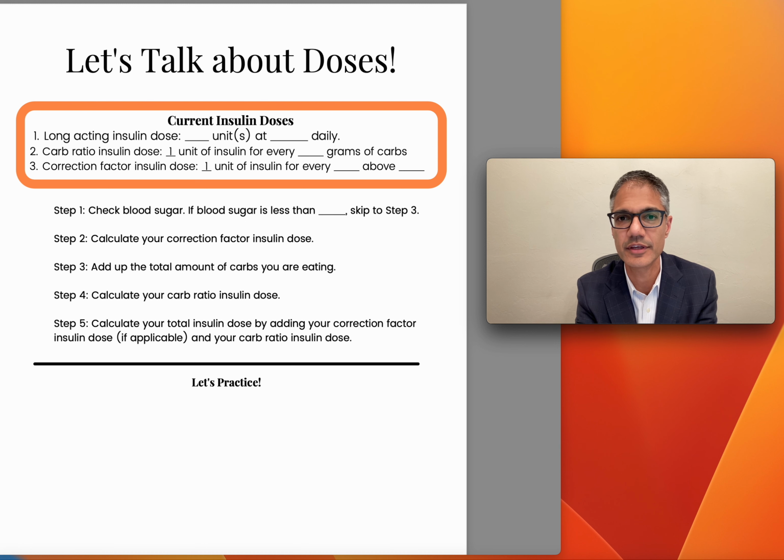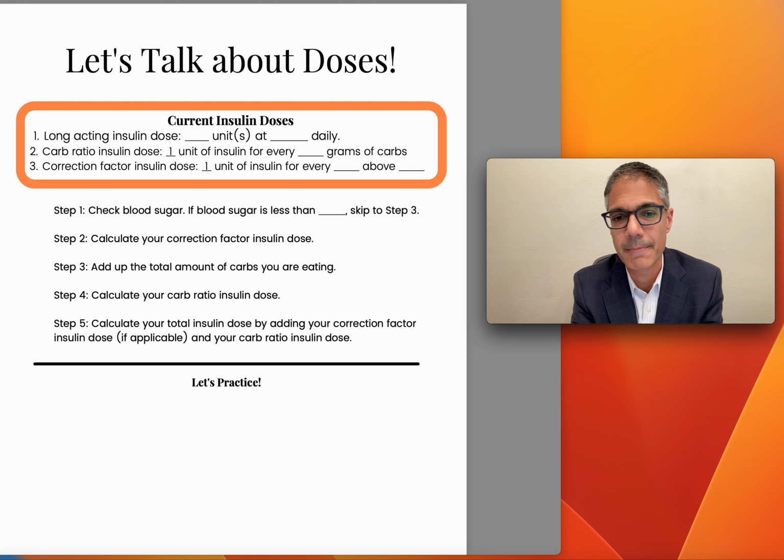this equation, which is, if my blood sugar is high, for example, I want to bring it down. If it's not high enough, then, what do I do? So you always want to check the blood sugar. And if your blood sugar is less than, in this case, there's a blank there because we want you to think about it. So if your blood sugar is less than 80, for example, then you may want to treat it for low